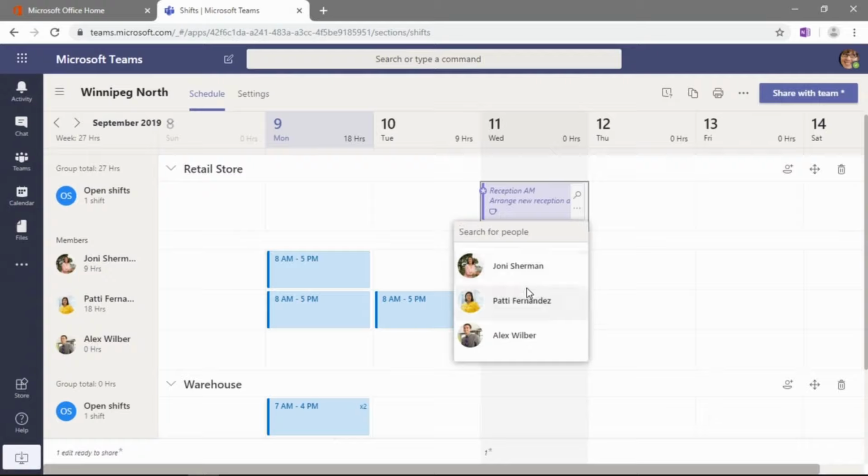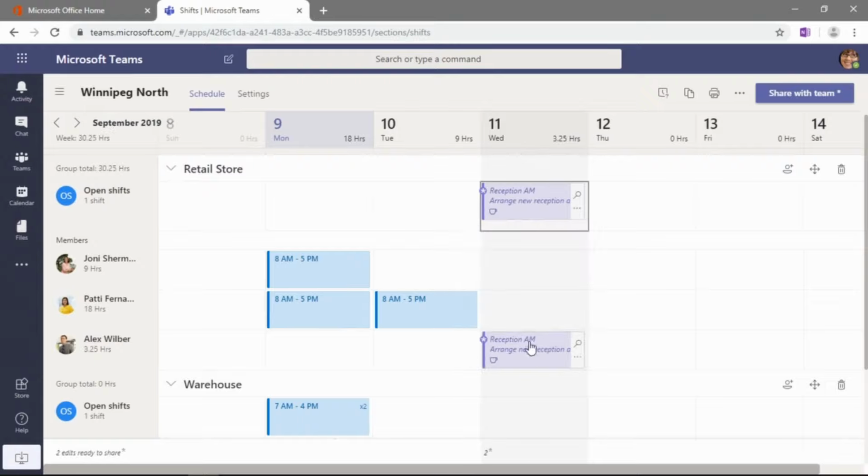And you can see we click on the assign button. We have the 3 folks here that are part of our retail store group. So Alex doesn't have any shifts yet, so let's go ahead and assign one of the slots to him. And you can see that it drops it down to his timeline here, his week. He's got nothing else going on, but he is going to come in on the 11th to do some reception